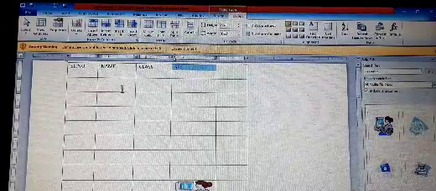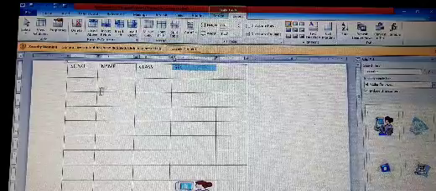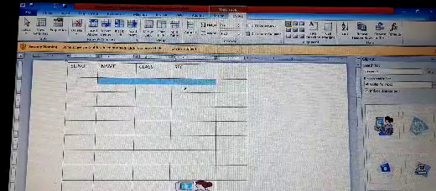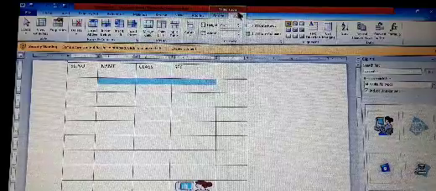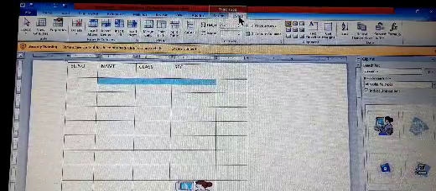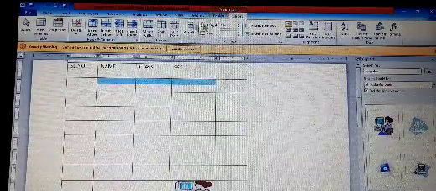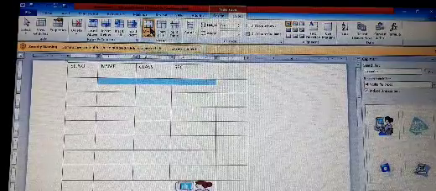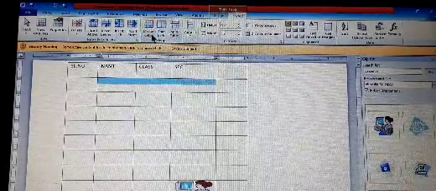Suppose I want to merge these three cells into a single cell, then I need to select all these cells. Then go to the table tools, layout. Here is the merge cells button, merge cells.